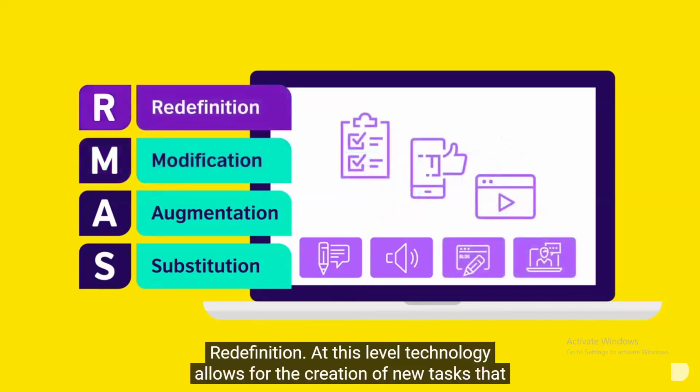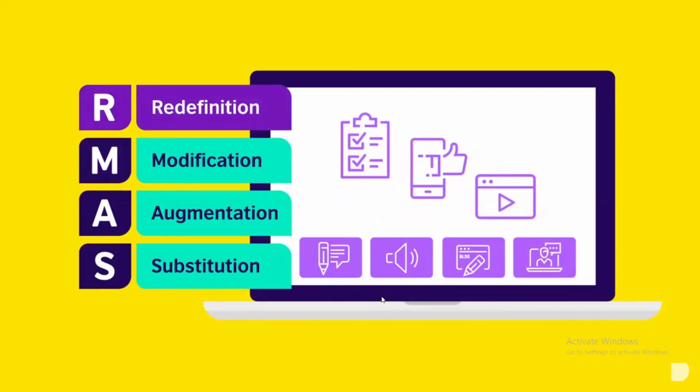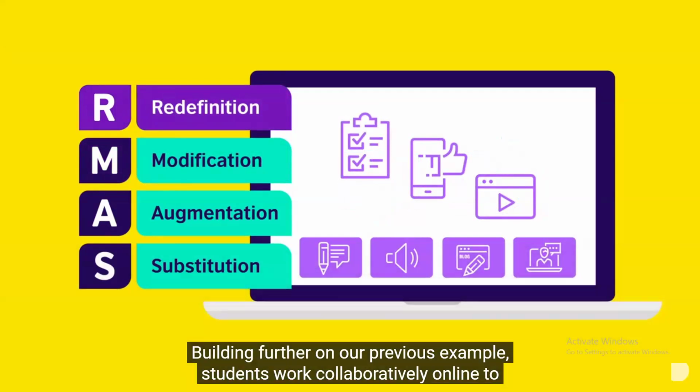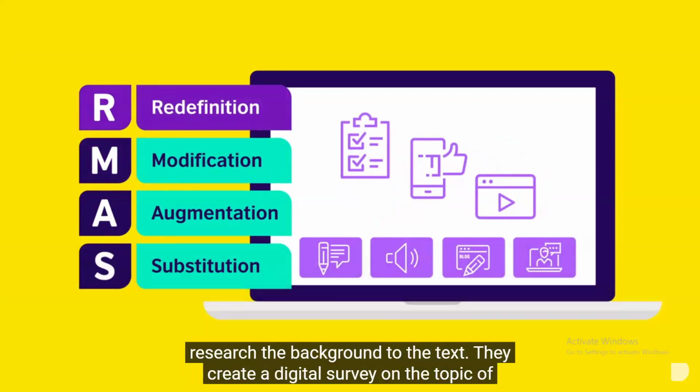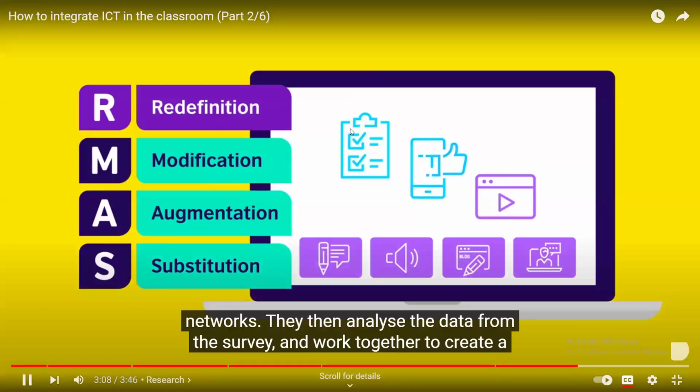Redefinition. At this level, technology allows for the creation of new tasks that were previously not possible in the traditional classroom. Building further on our previous example, students work collaboratively online to research the background to the text. They create a digital survey on the topic of the text and use it to carry out genuine research through their social media networks. They then analyze the data from the survey and work together to create a video report